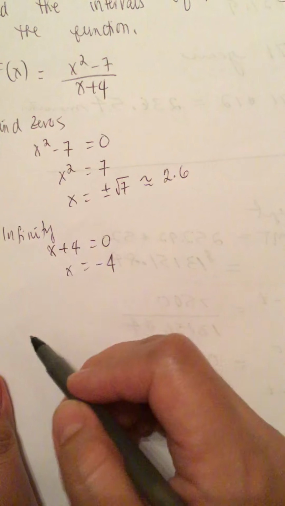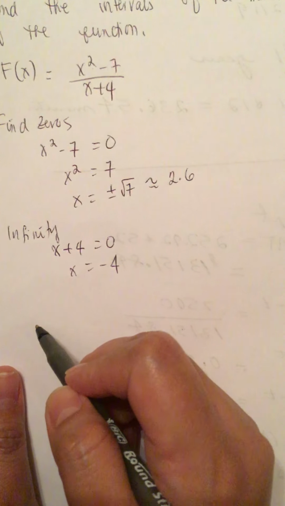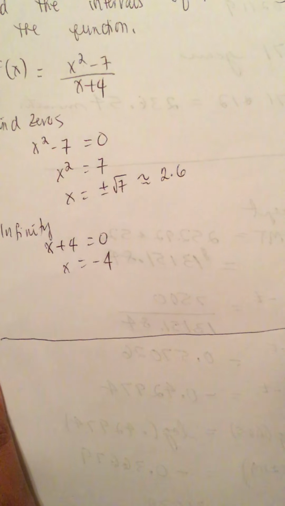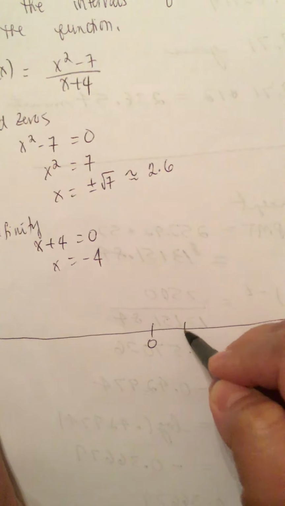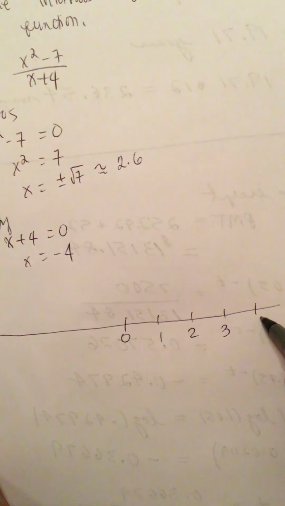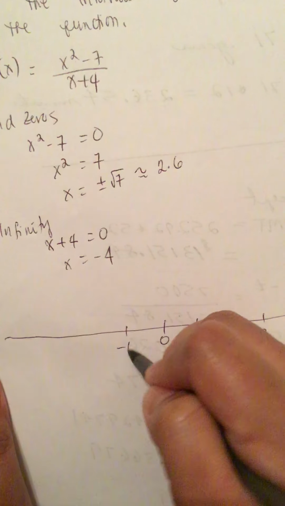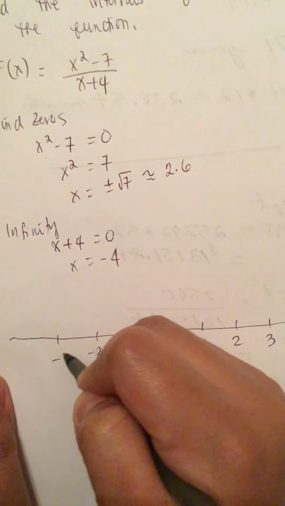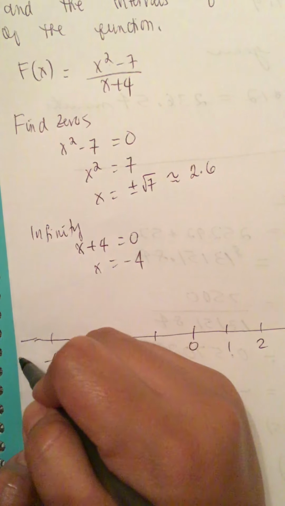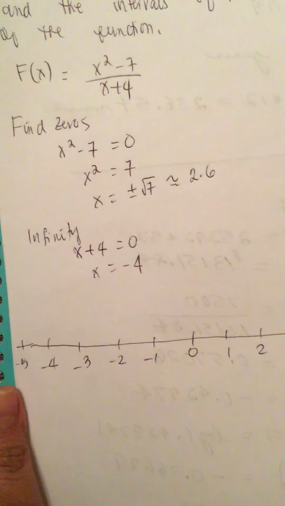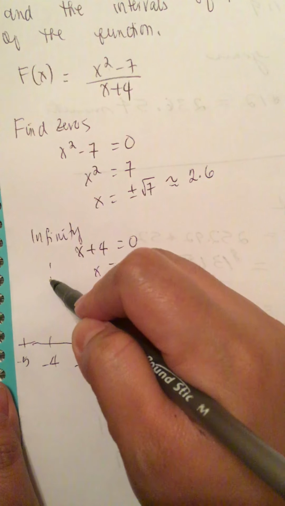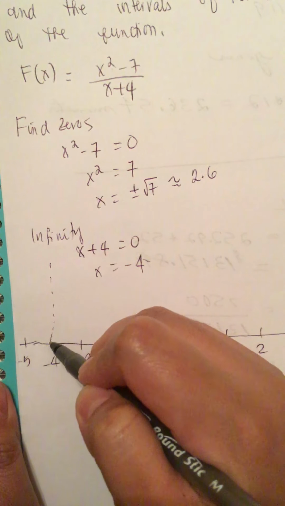So when we put it in a number line, 0, 1, 2, 3, 4, and here minus 1, minus 2, minus 3, minus 4, so minus 5. So here is the infinity at minus 4. So I draw a dotted line,